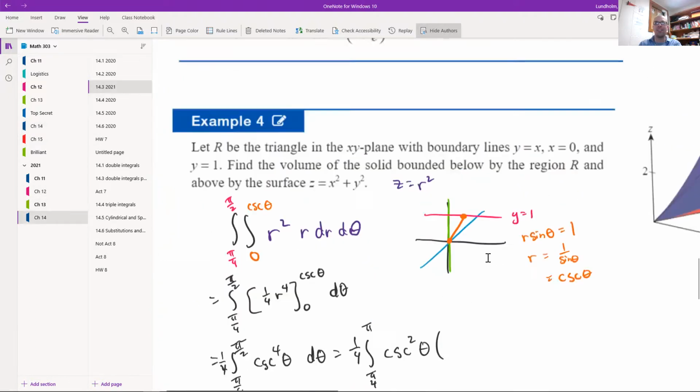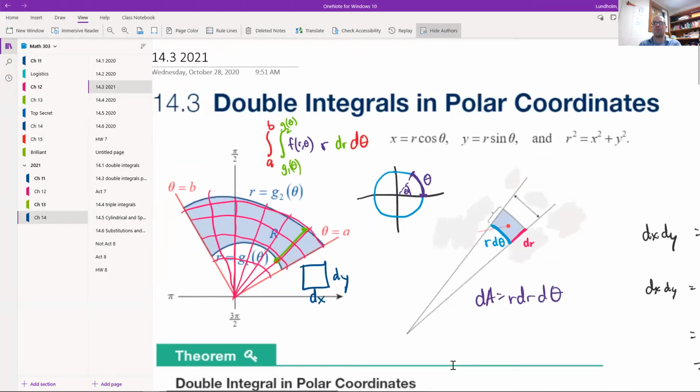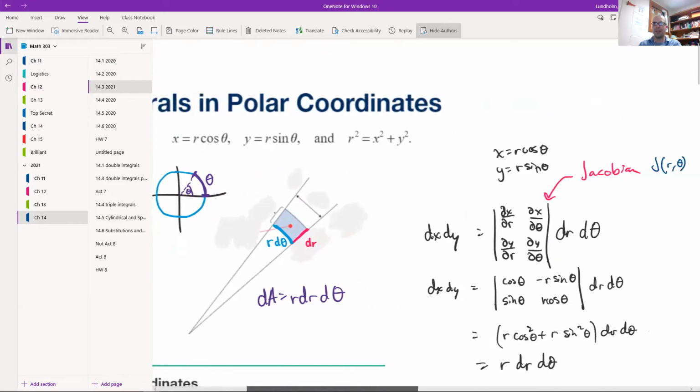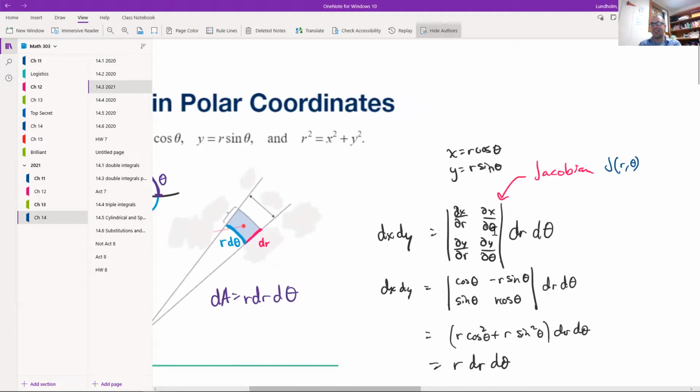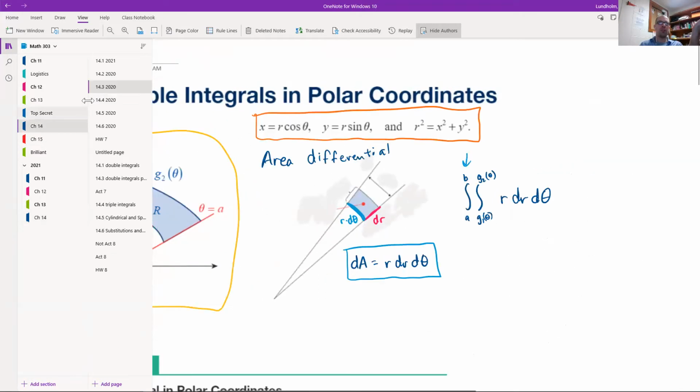Boom. This is the updated version. Yeah, we've got this scale factor between one coordinate system and another. Know that we've been doing that same type of thing every time we do a u substitution. So